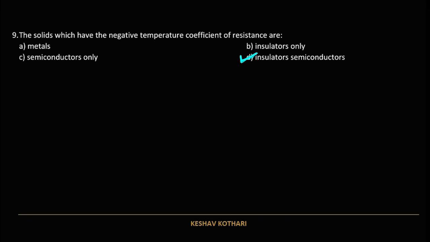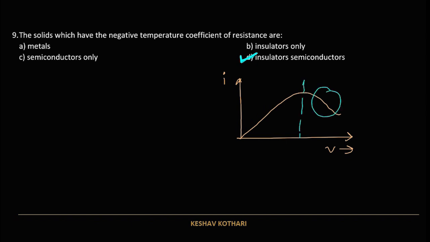So a variation of gallium arsenide is given for current with voltage, which looks somewhat like this. And we say that in this other part of the graph, which is this one, this is the negative resistance region. So if we consider insulators, the negative temperature coefficient is found in the case of plastic and rubber. So our answer will be insulators and semiconductors, although semiconductors may be a correct choice. Let us move to the next problem.